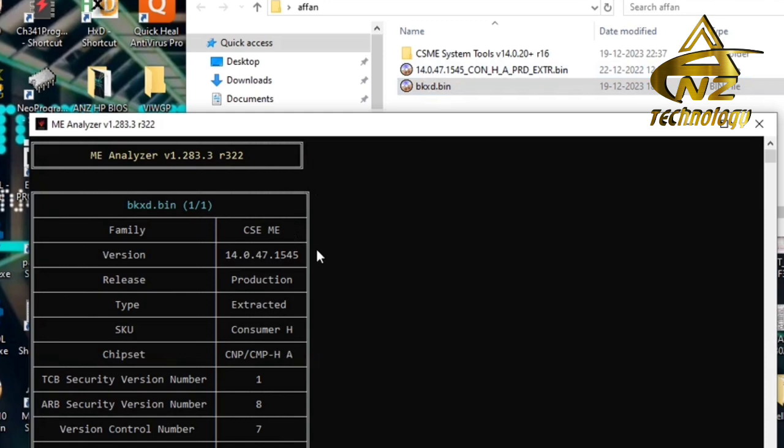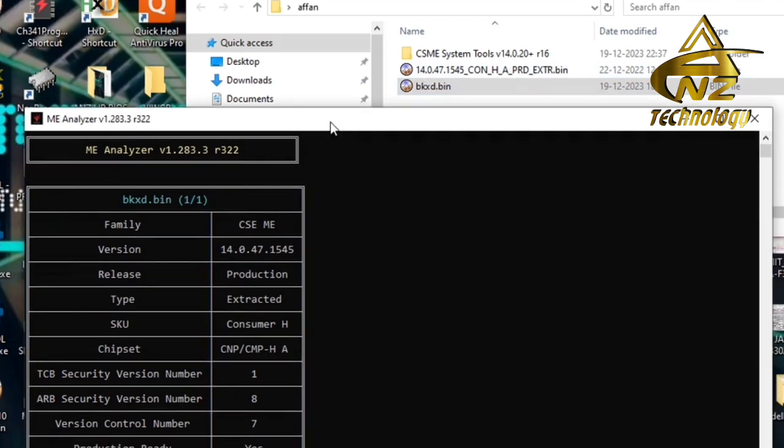So here I have the same backup, and the second thing we have to match is the SKU. SKU is here consumer H. So you can see that is also consumer H, and chipset is H. In the last you can see it is A. So here we have HA. So this firmware is perfect for cleaning the CSME of this BIOS.